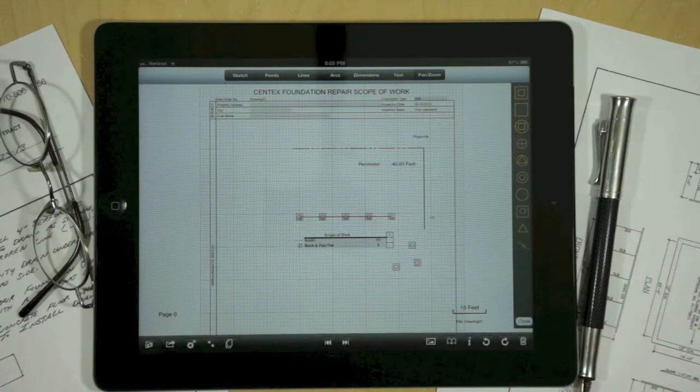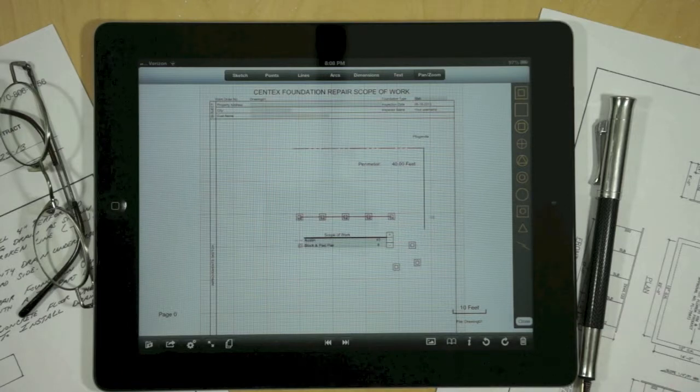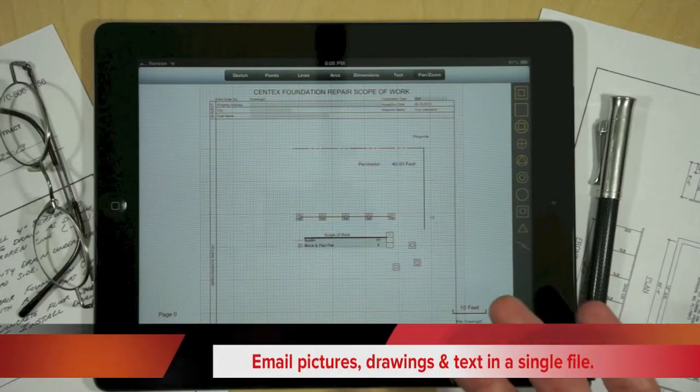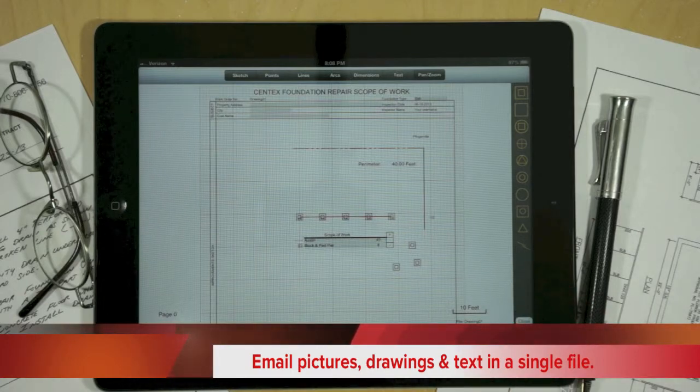It also streamlines the communication. So say for example you have a fabrication shop and you have somebody in the field and he's taking measurements and he needs to communicate those measurements back. The typical way is they go and write things down, take pictures, and they physically have to go back to the fabrication shop. With GraphPad, you could actually take pictures, do your drawing, do your measurements, email it to the